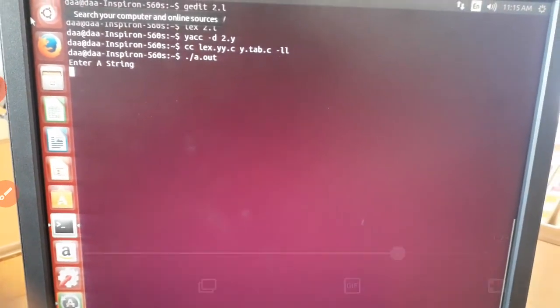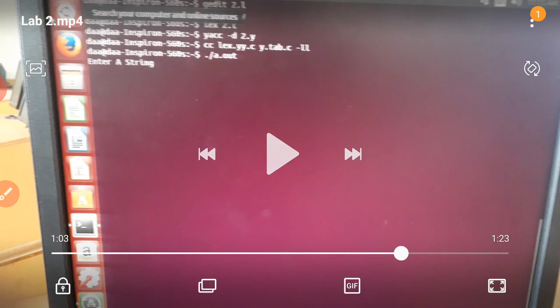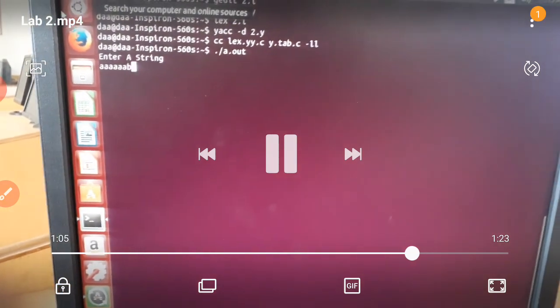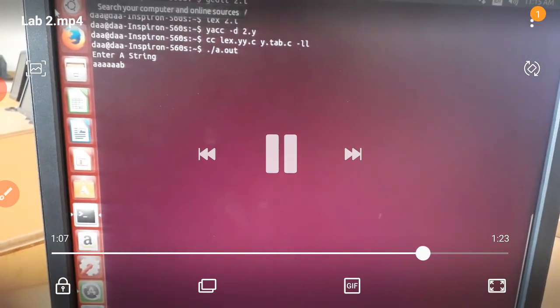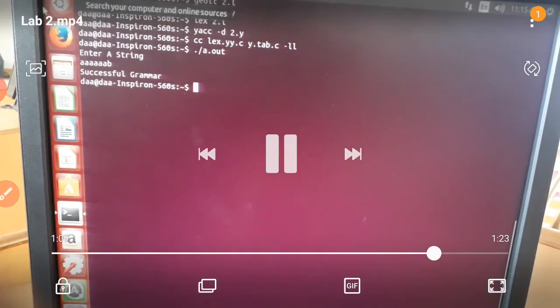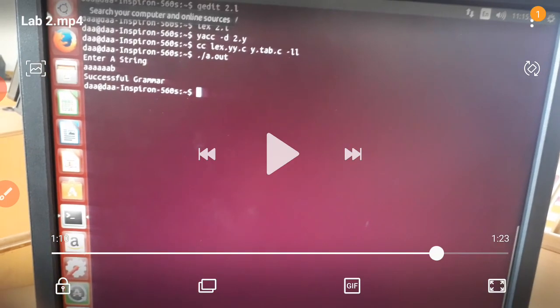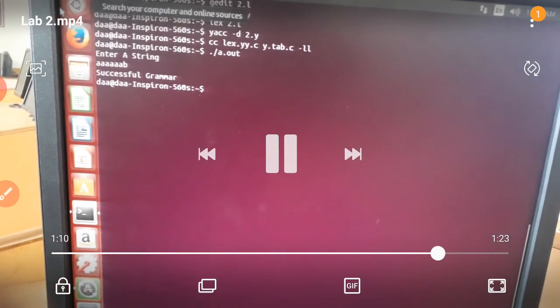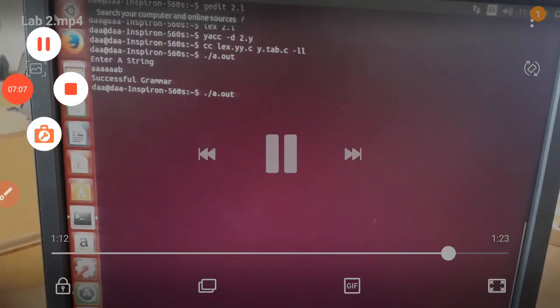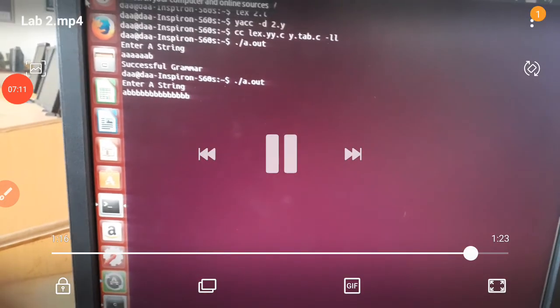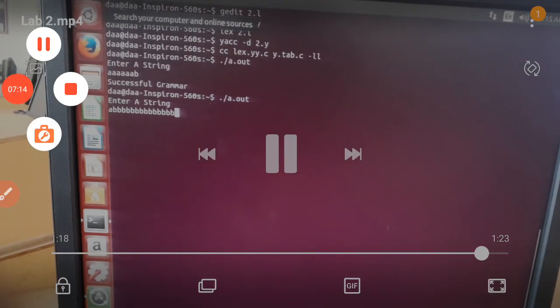Then it will display enter a string. Then you can enter any string. So I am entering A and B. After entering, it shows the successful grammar. Suppose if I enter A and B, this shows the